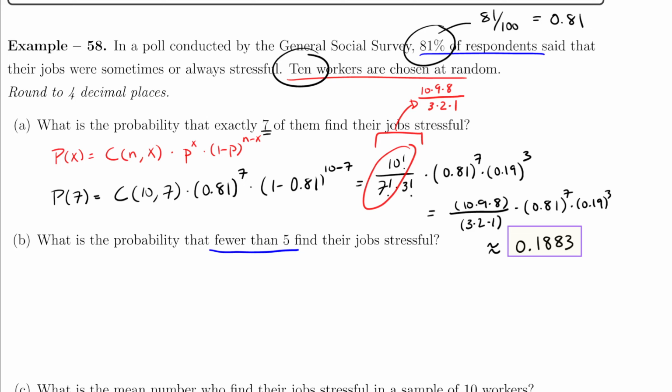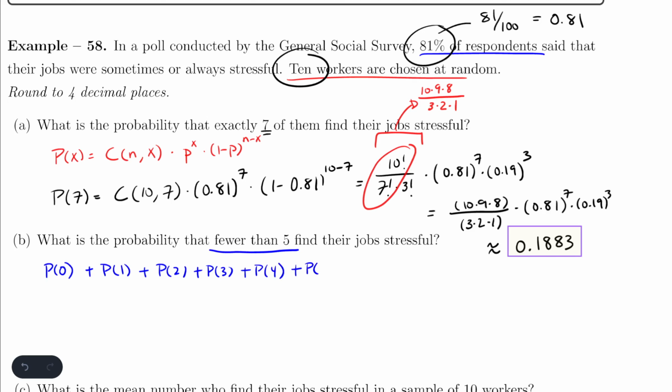But in context, since we're talking about the 10 workers chosen, the fact that fewer than 5 find their job stressful, how many possibilities are there? Well, you could have 4, that's fewer than 5, 3, 2, 1. Am I missing anything? Yeah, 0. Remember, 0 people could have responded that they find their job stressful. So fewer than 5 means we're looking for the probability of 0 people finding their job stressful, plus the probability of 1, plus the probability of 2, plus the probability of 3, plus the probability of 4, plus the